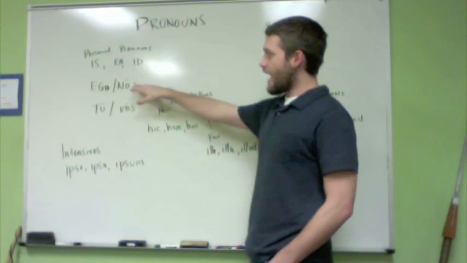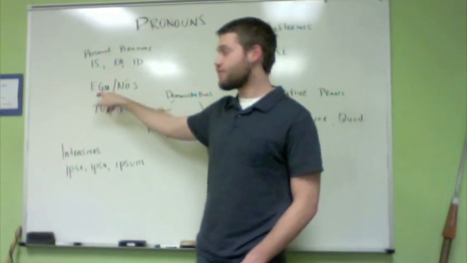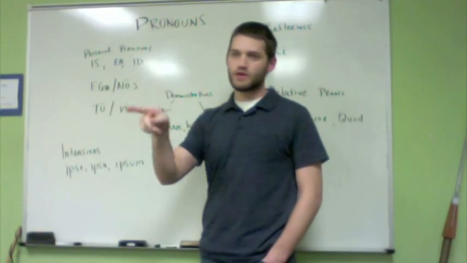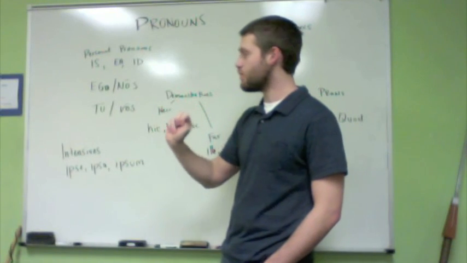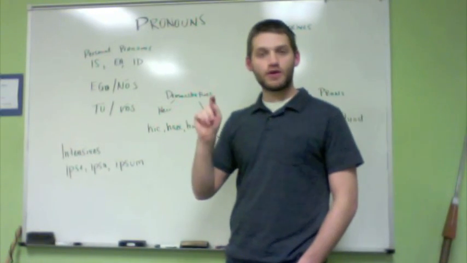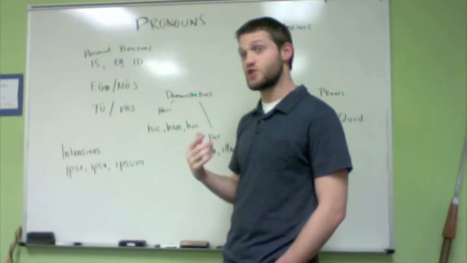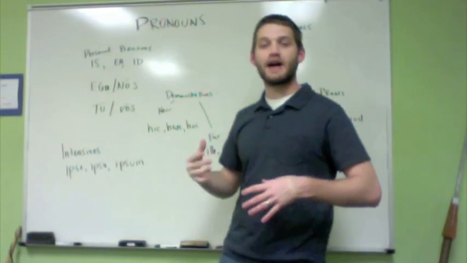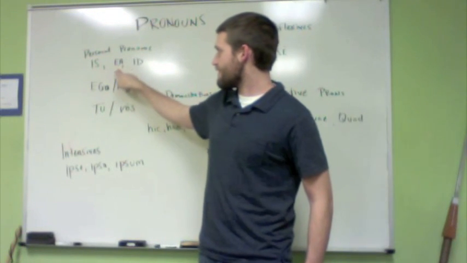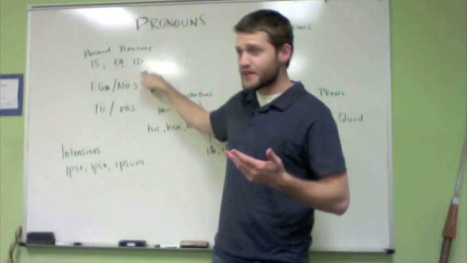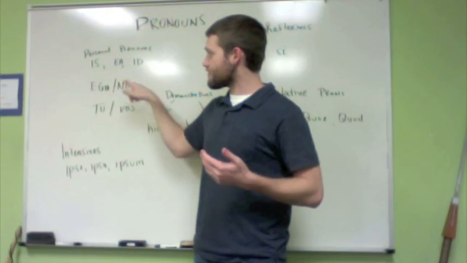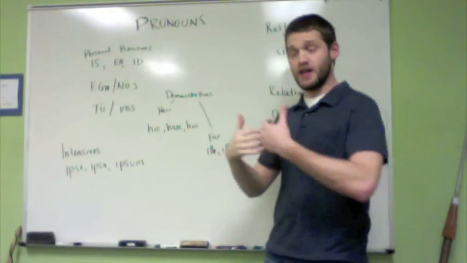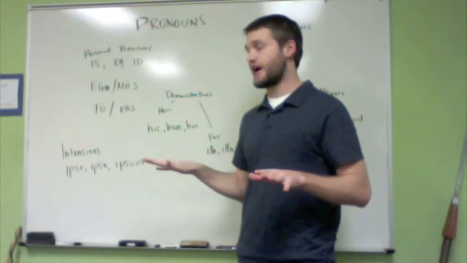But so we've got I, ego, that's the nominative form. Nos, that's the plural nominative form, we. Tu, singular second person, you. Vos, plural second person, y'all if you're from Texas, vos. And then the third person, I've got the singular up here, is, ea, id. Masculine, feminine, neuter. One thing to observe is that the personal pronouns for the first person and second person don't have gender. So there's not like an I feminine and an I masculine and an I neuter. It's just I, just ego.